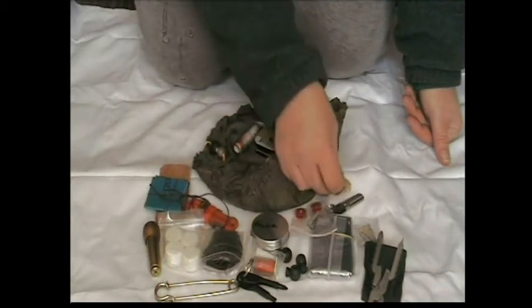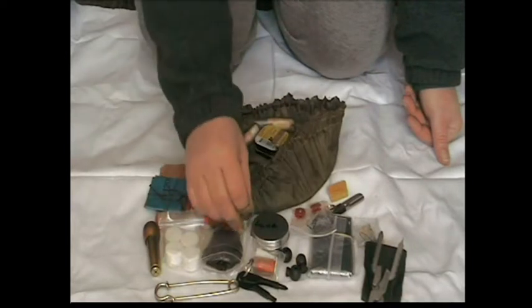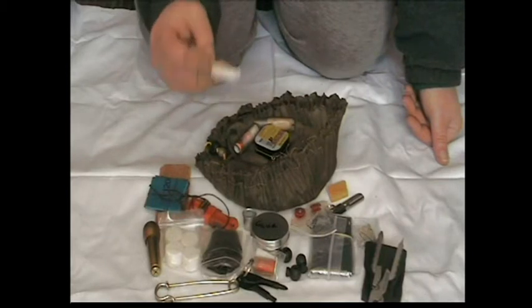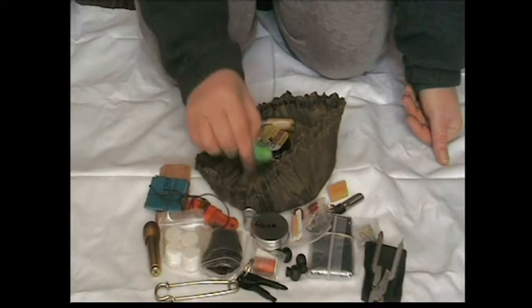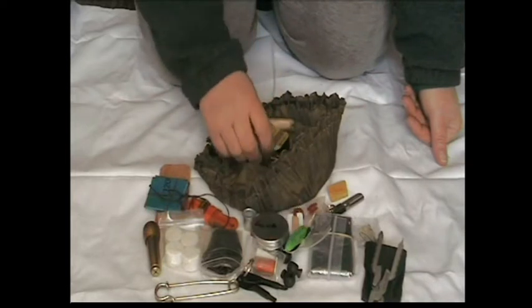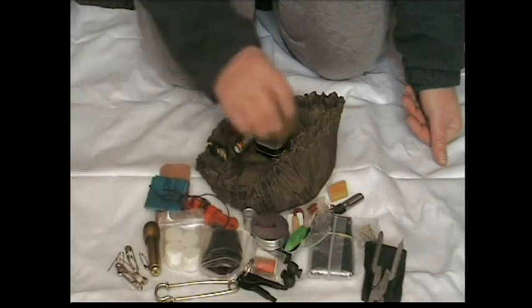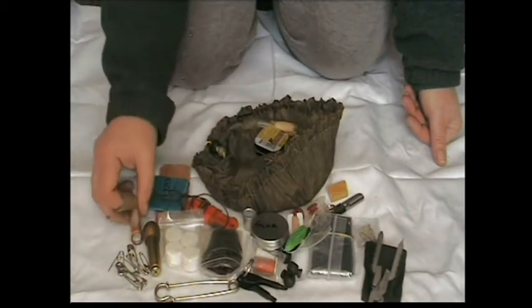A little bit of beeswax, a thimble. This is a steel thimble. I've actually put a needle through a plastic one before today. Heavy duty thread, a little bit of heavy duty line, it's a 100-pound breaking strain, some safety pins, a little bit of sewing cotton for clothing repairs,